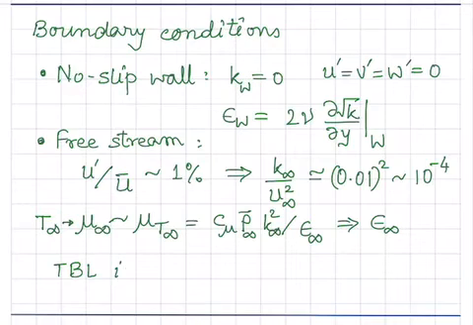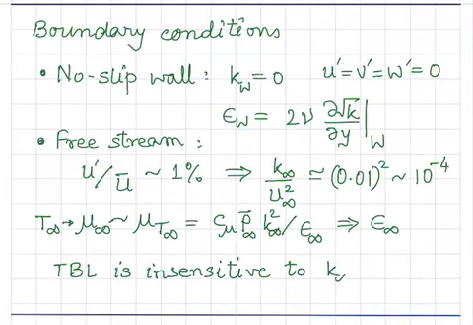Turbulent boundary layer, TBL, is relatively insensitive to the exact value of k infinity and epsilon infinity. These values we have specified are approximate, but the exact values do not matter so much. But what is important is that